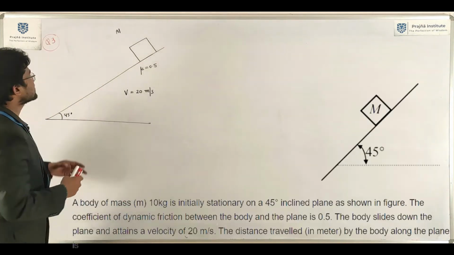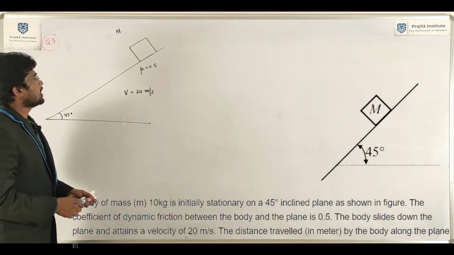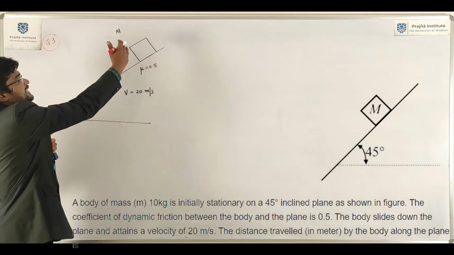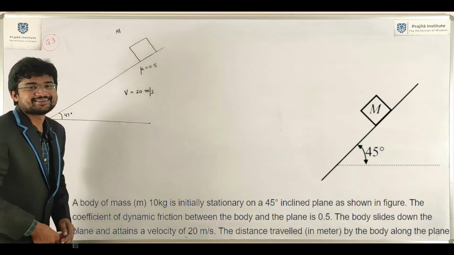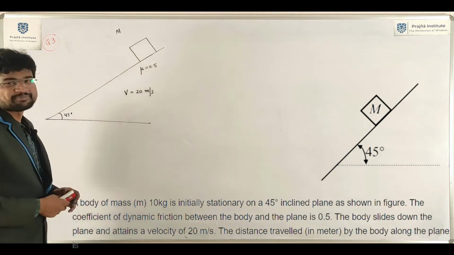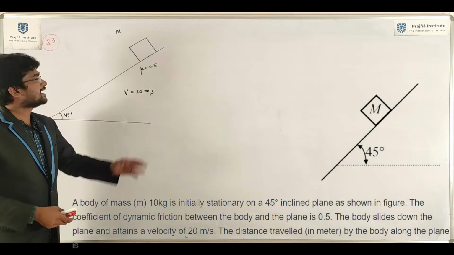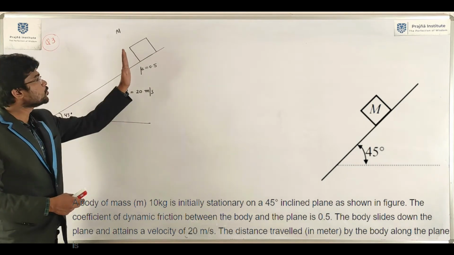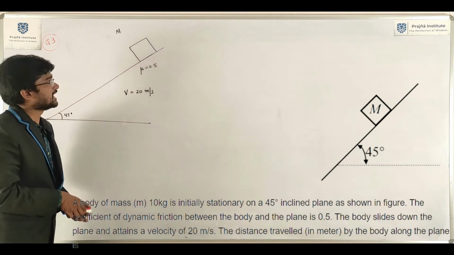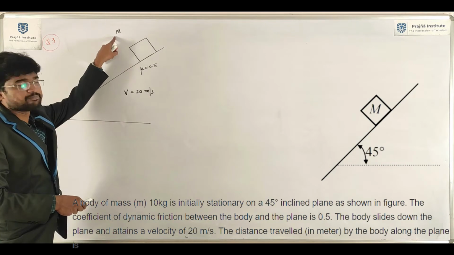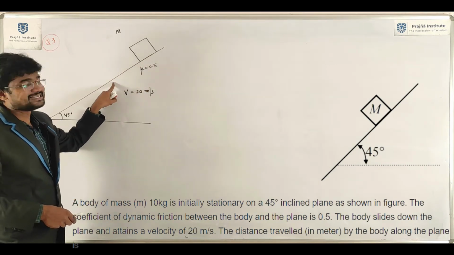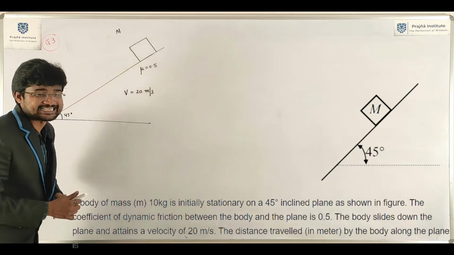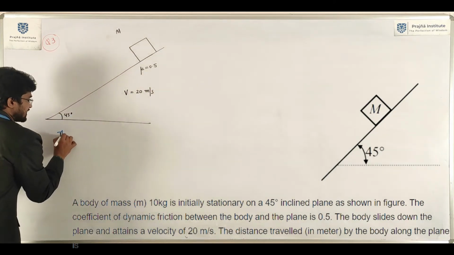See, question number 3, write down. A block is sliding downwards. A block is on a rough inclined plane moving in the downward direction. Here, the mass of the block is m. The coefficient of friction at the contact surface is 0.5. They are asking the distance traveled